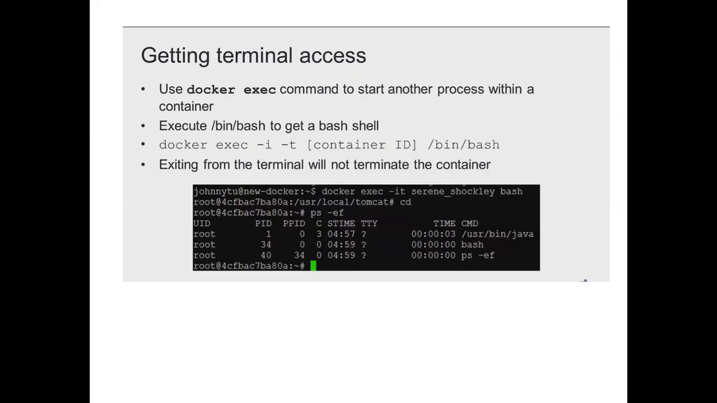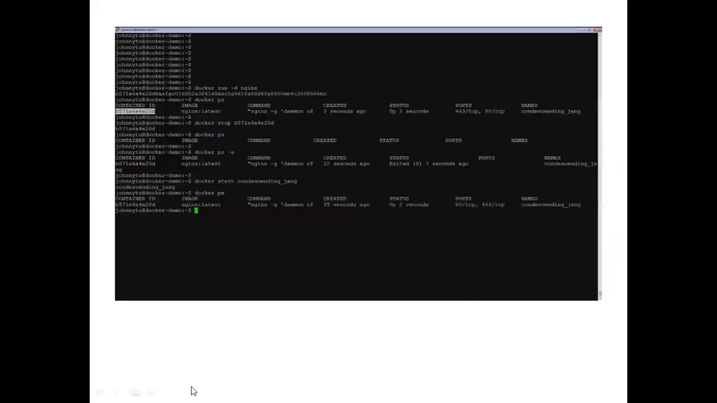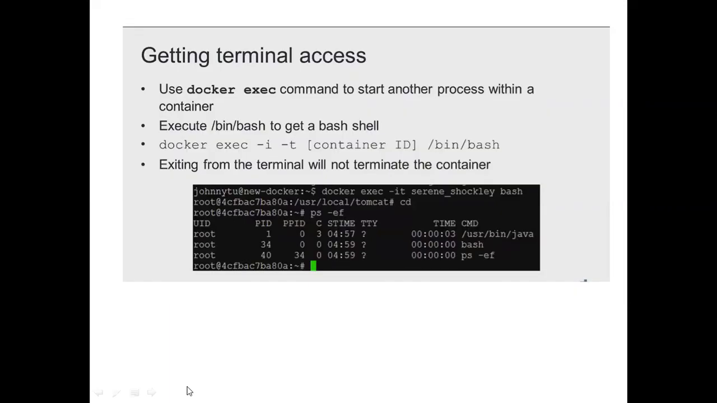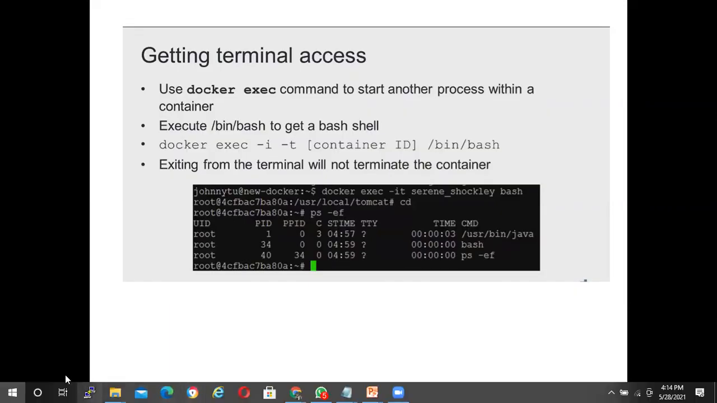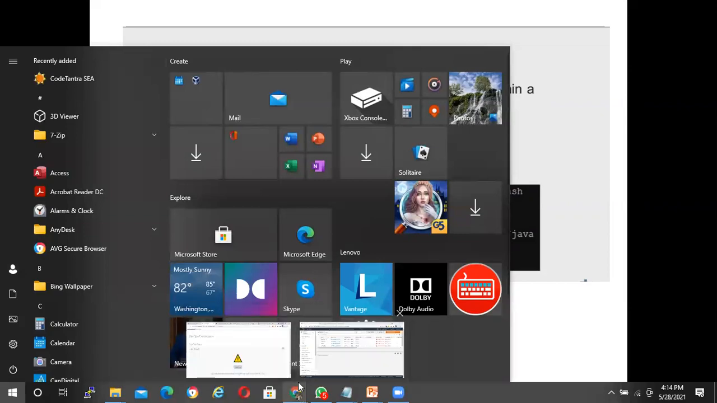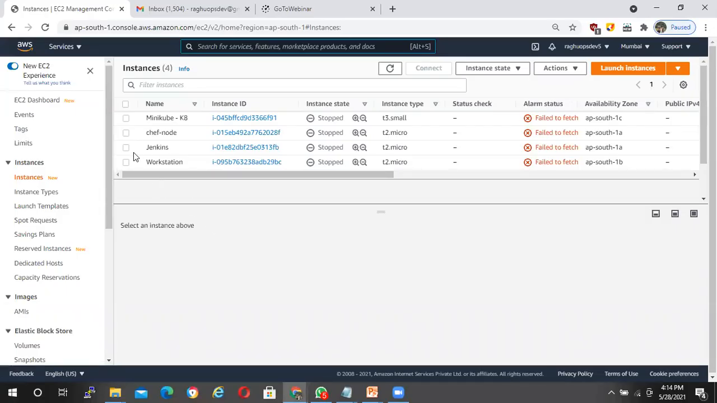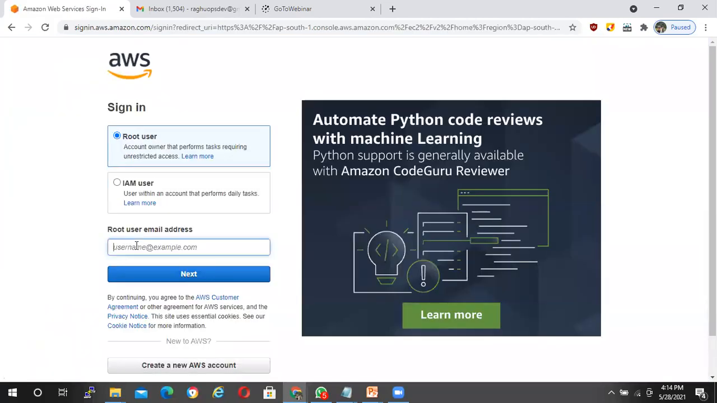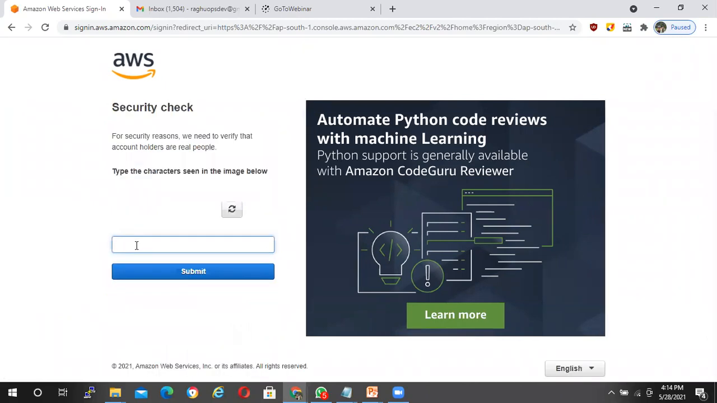What exactly it is doing is, you are trying to log into a container, as simple as that. So I'll just demonstrate this. Let me, by the way, log into my machine. While I'm working on spinning up the machine,